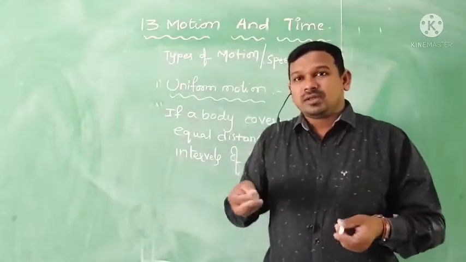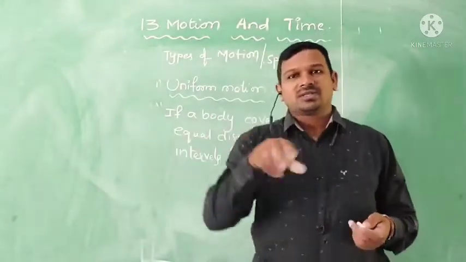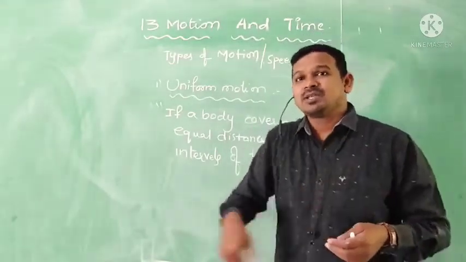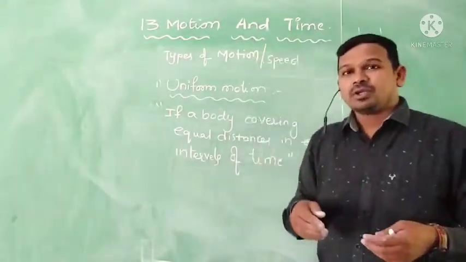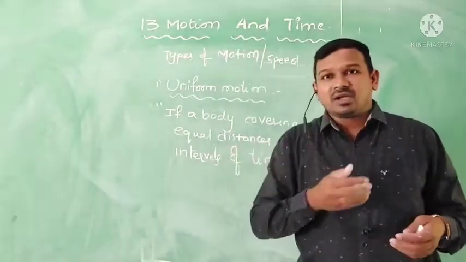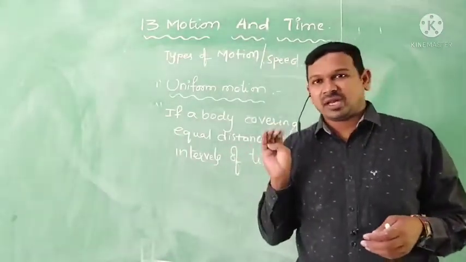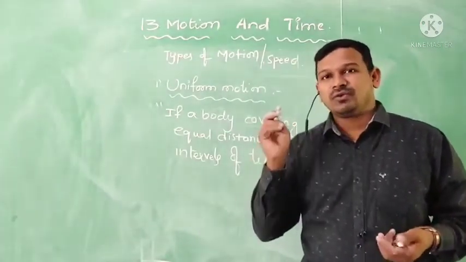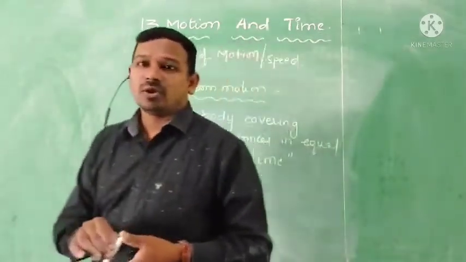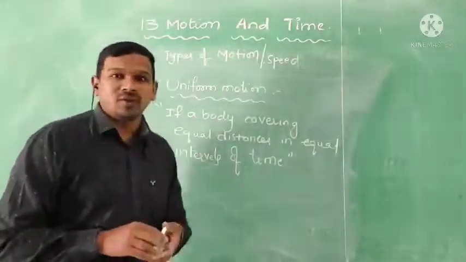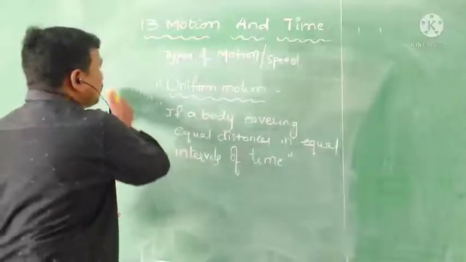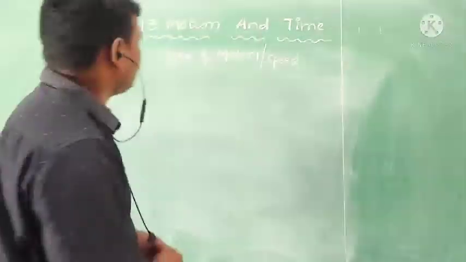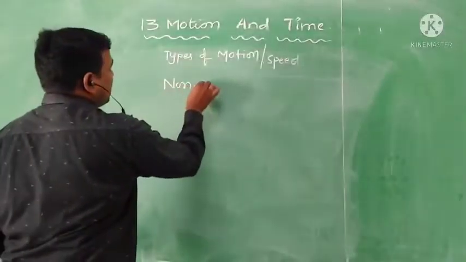Revolution of the earth, which is revolving around the sun. Because it is maintaining a uniform speed, that's why it is covering the same distances in the same time. So the distance which is covered in 1 year is the same every time. So the earth is maintaining uniform motion. I hope you got the clarity about uniform motion. Now we are going to discuss non-uniform motion. What is non-uniform motion?